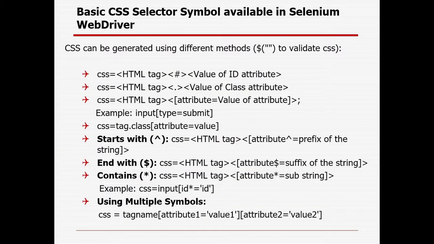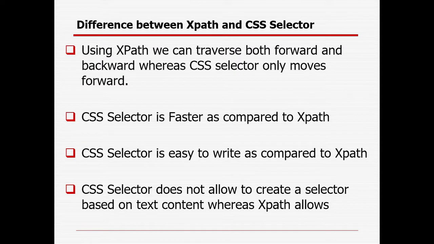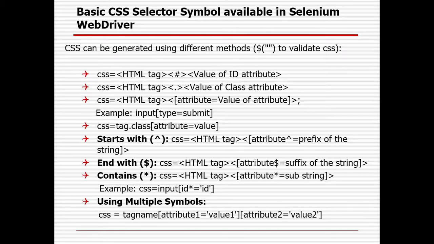There are some advantages and disadvantages in both XPath and CSS selector. CSS selector is very easy to create, whereas XPath is complicated, but XPath is more reliable. Sometimes CSS selector can create problems, but XPath will not create any problem. XPath is the proven thing. That is the basic about CSS selector and XPath.